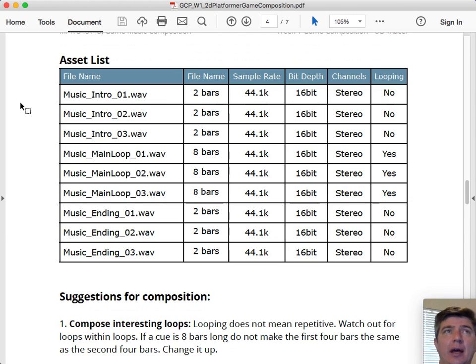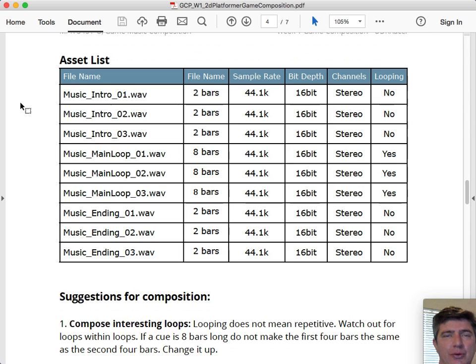And so these are going to be a total of 9 files that you will ultimately create, compose, and bounce out into a WAV file and deliver, these 9 WAV files, for your project on FSO. So this game's music soundtrack is divided up into 9 audio files. Those 9 audio files are really 3 different categories, or 3 different variations of intros, main loops, and endings. We have 3 categories, and each one of those categories has 3 different variations.